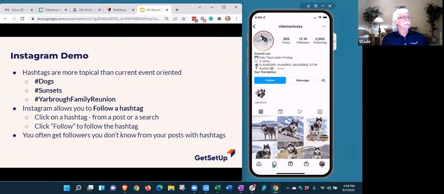So how do you compare using hashtags in Instagram versus I use Google image search to find images that I'm interested in using? It's achieving the same goal. I mean, if you're on Instagram, you could just search for dog instead of hashtag dogs, but it's just another way to group information. So I would not say one is better or worse than the other. It's just another way to do it.